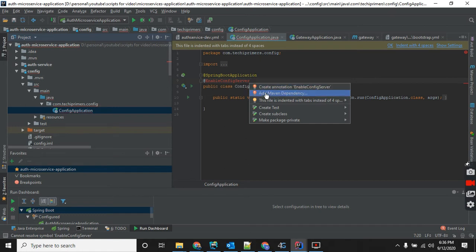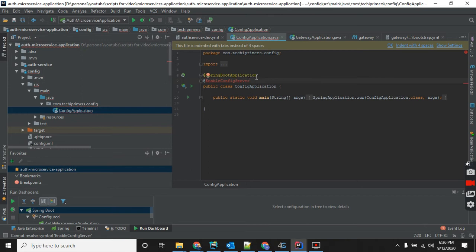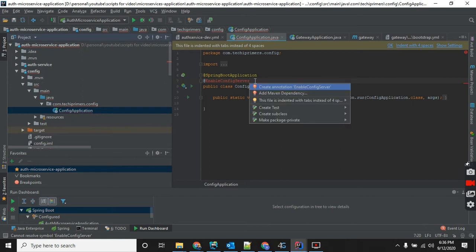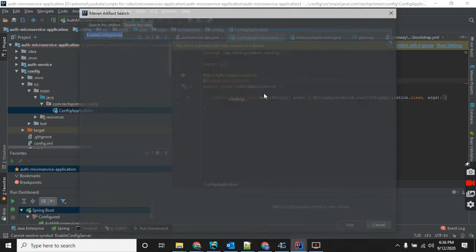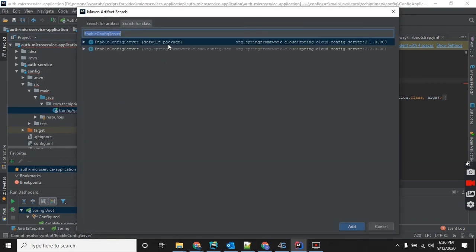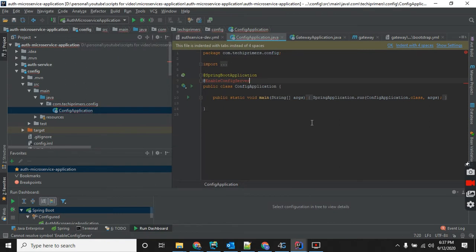In here also we can add a dependency, right? For that you need to click and select, then say add Maven dependency. Because this version is 2.2 and now C1, so we can do it. You can add that. Once you add,